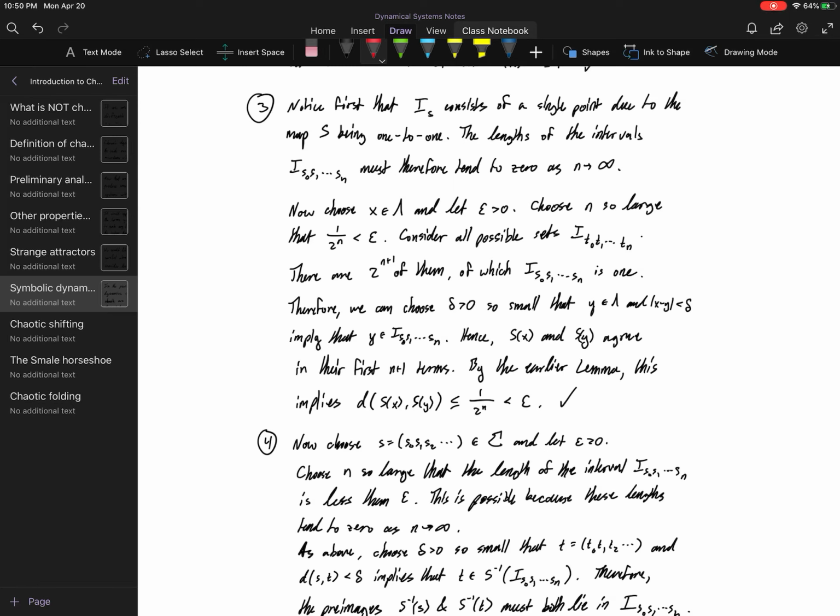Right? And feel free to choose whatever epsilon you want: 5 to the minus 5, 10 to the minus Google, or 1 over a Google. Sure, whatever you want it to be. Archimedes' principle says that I can find an n so large that 1/2 to the n is smaller than that epsilon. Consider all possible sets, all possible n plus 1